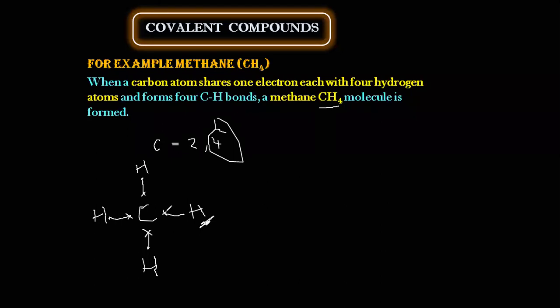This line that is formed, one bond, single bond, this is called a single covalent bond, which is formed by sharing 2 electrons. When there are 2 electrons, a bond is formed. Like when you shake hands, you need 2 people, right? Similarly, for forming one bond, I need 2 electrons, or I can also say one pair of electrons.